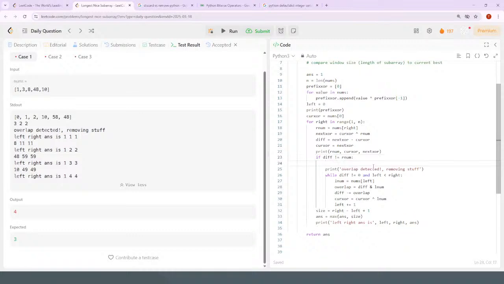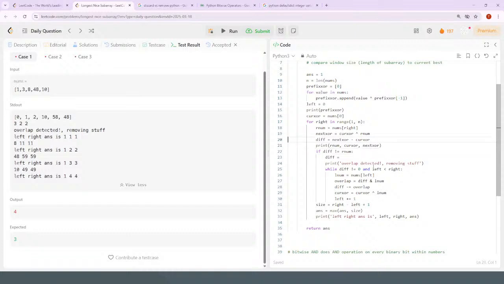Spots that are overlapping would be where... I need to get rid of this right now. Where there's overlap between the current number and the right number and the